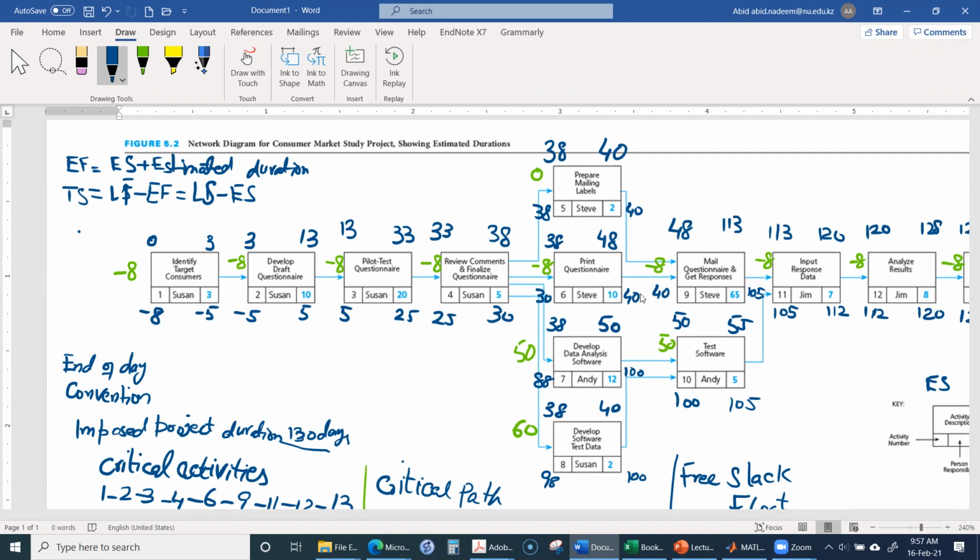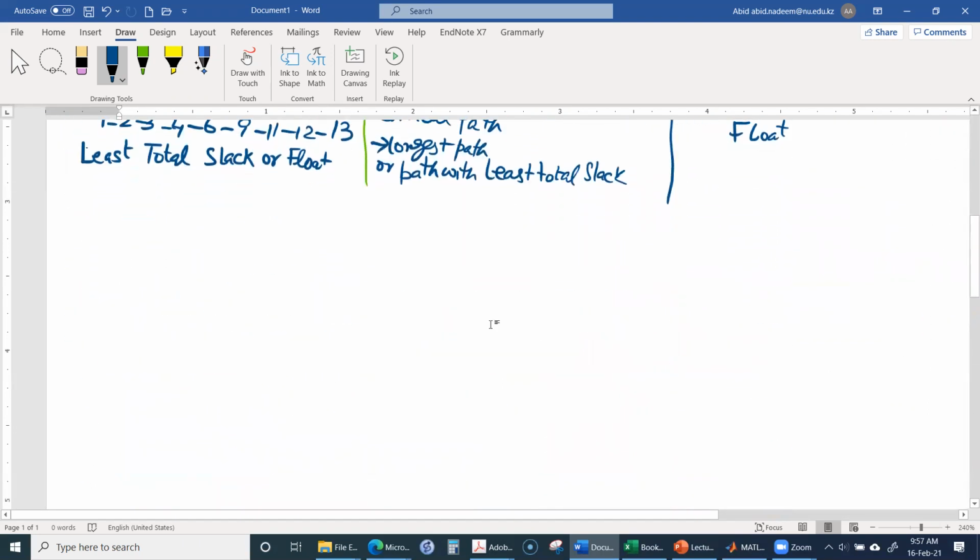Okay, 7, 8, and 10. Then let me draw these activities again over here. So suppose this is activity 7, and then this is activity 8, and then this is